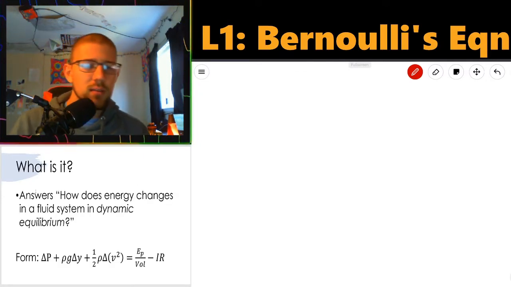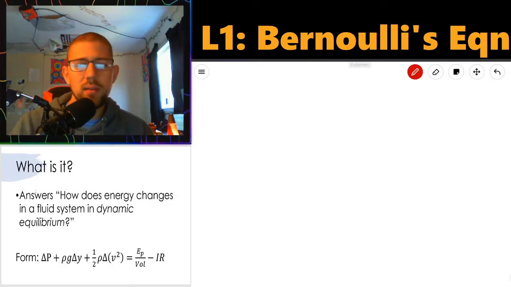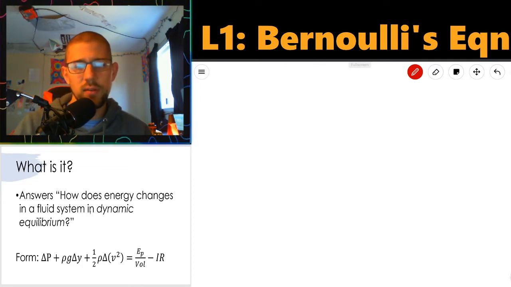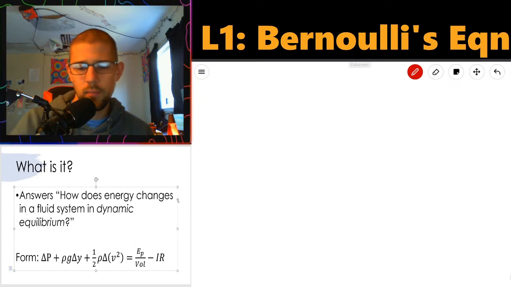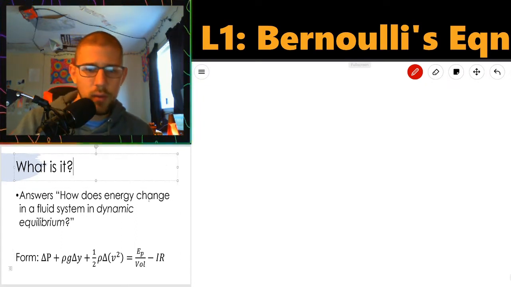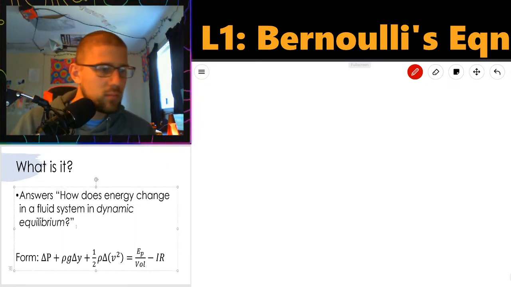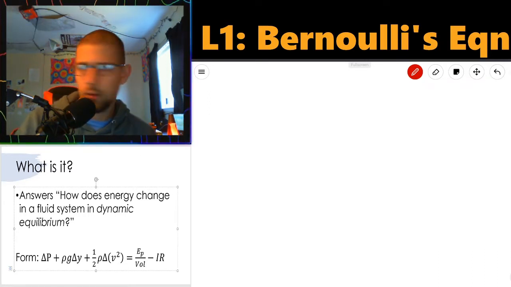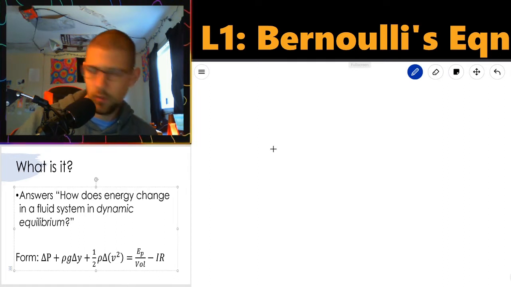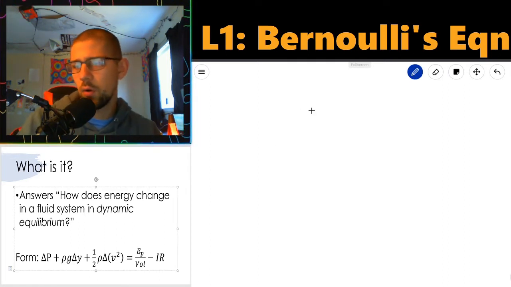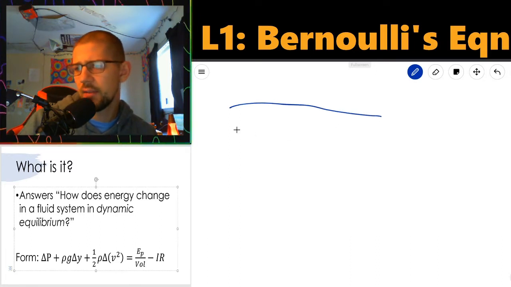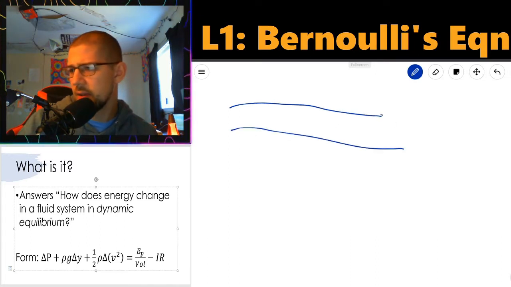Bernoulli's equation is an equation which basically answers the question, how does energy change in a fluid system in dynamic equilibrium? Typo, let's go. What does that mean? So first off, what is dynamic equilibrium? Dynamic equilibrium, I'll write just a word for it first, is that if I take a point, or an example first, if I take a point